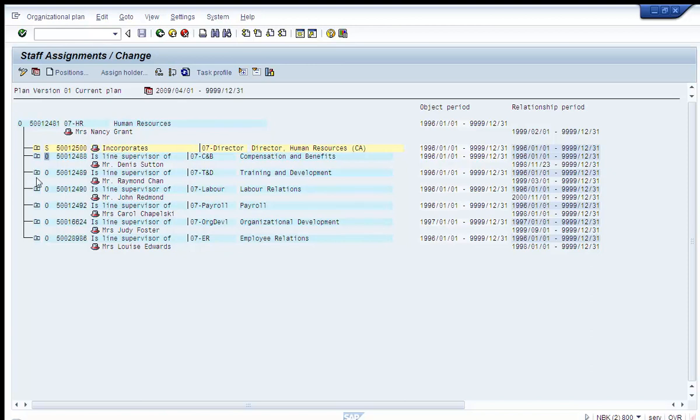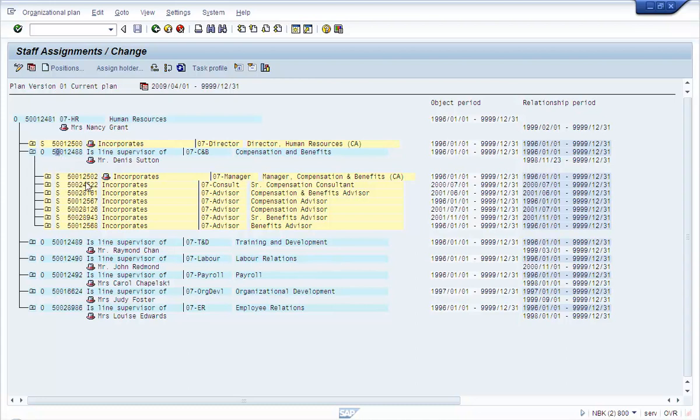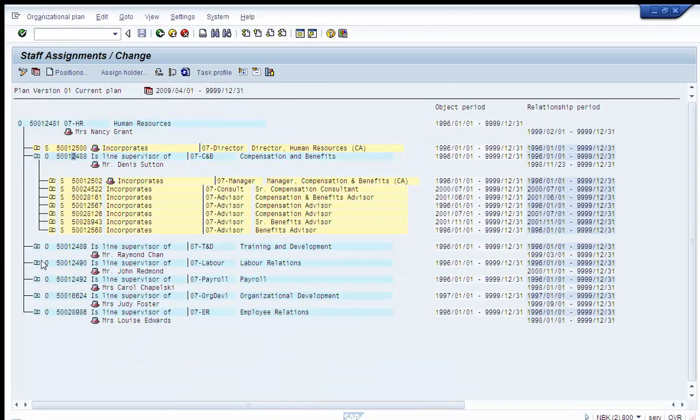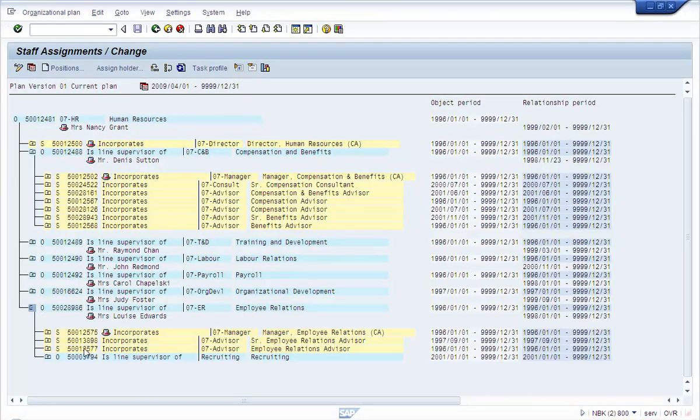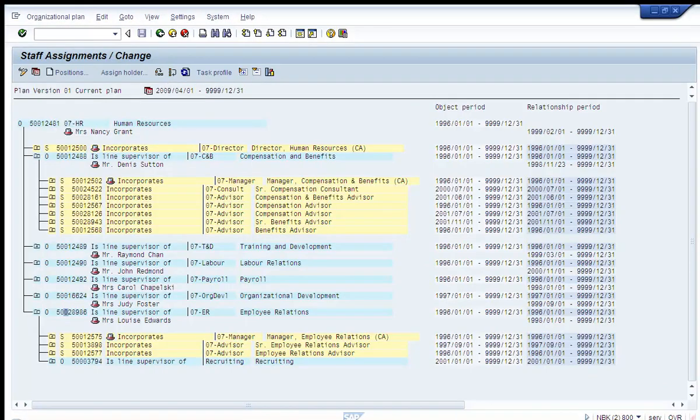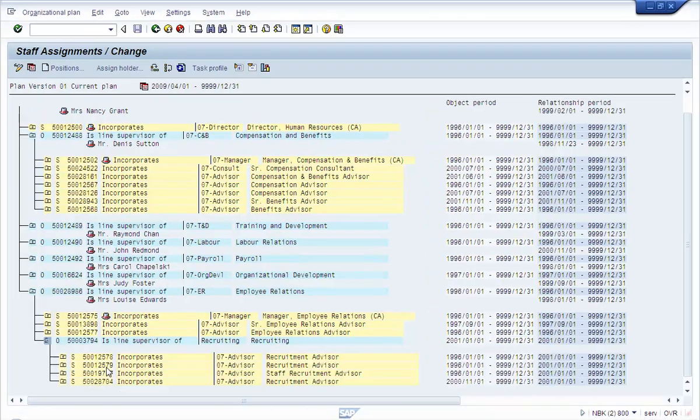The system would also read these org units which are underneath this. But if you look at this org unit, it doesn't have any more org units within it. So for this particular starting node, the third row is not applicable. But let's take some other org unit, and if this is a starting node, the system using the third row would also read this org unit and the objects within that org unit.